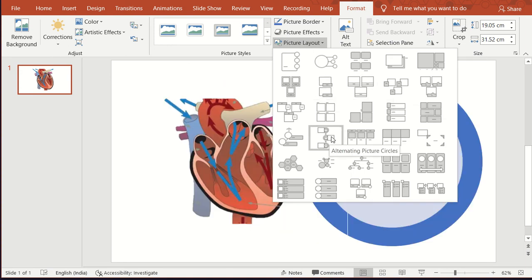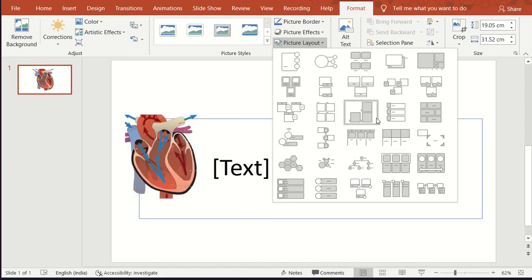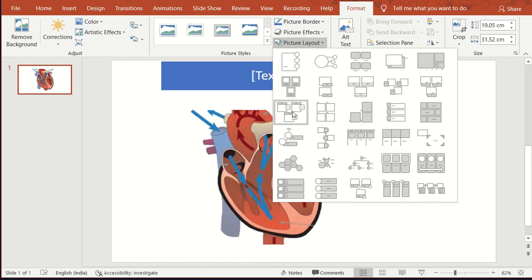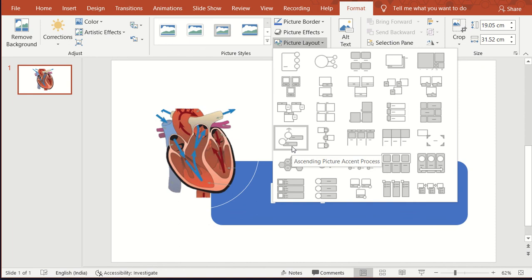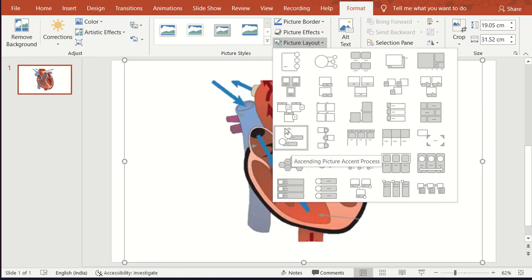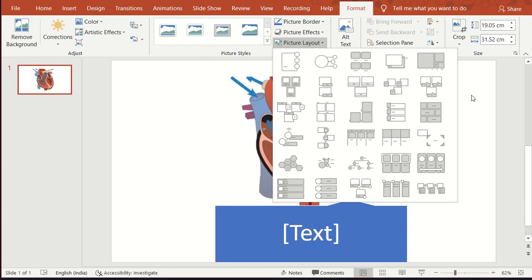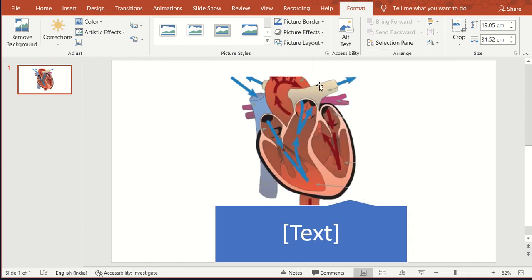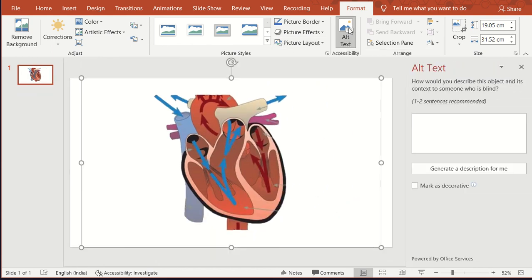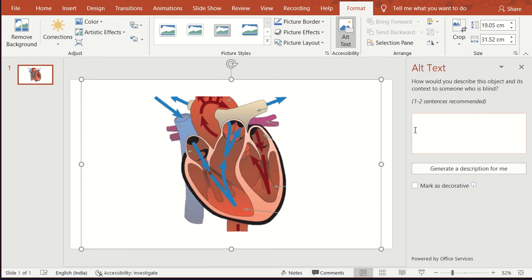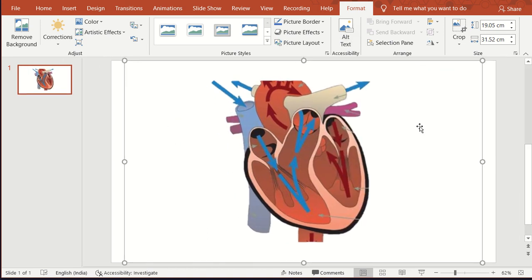Otherwise, this is going to give SmartArt to the picture which is already there, and the rest of the content you can go ahead and write. So that depends upon you. So these are the various picture layouts that you can use in your own diagram. Okay, all right. And else, if we don't want to do this, this is another option, alt text, in which we can write a one or two liner description about the picture which is there in the picture itself.